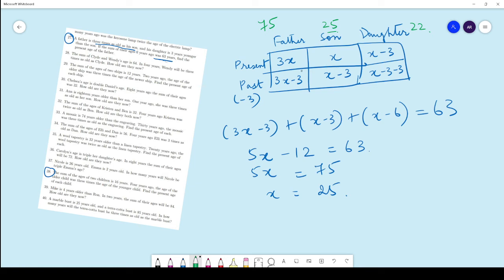Find the present age of the father. Father is 3 times, just a minute. How can the sum of ages be 63? 3 times as old as his son, and the daughter is 3 years younger than the son, right? If the sum of their ages 3 years ago was 63,